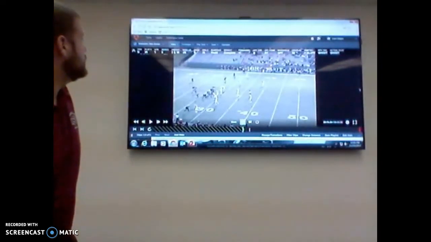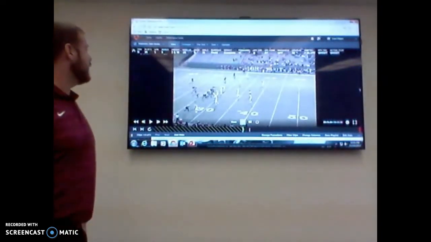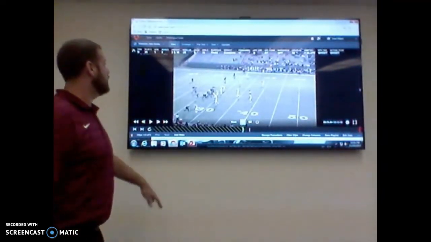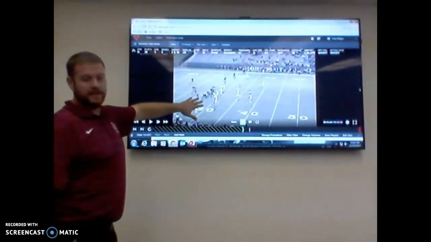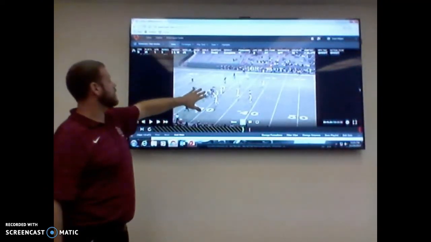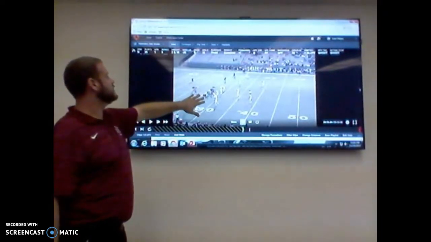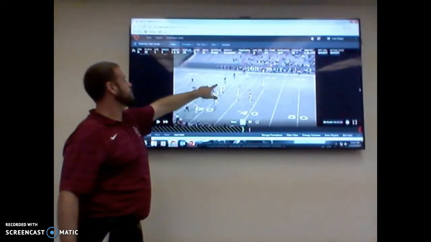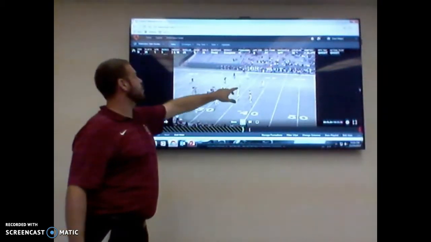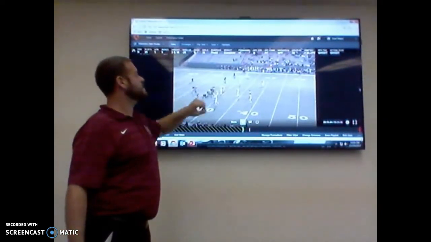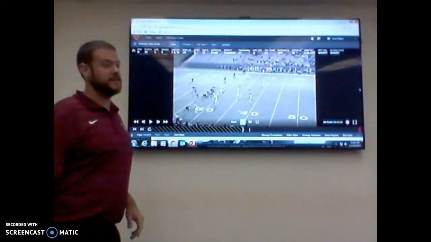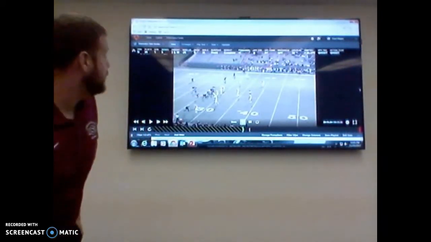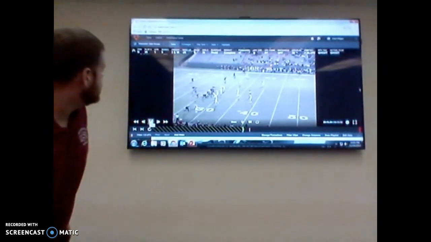What we have here is what we call ghost. Since we're going to have our run call down to the right, our offensive linemen and our running back are going to be running inside zone to the right. Our tight end is actually going to bluff around and become a personal protector for the quarterback, and then the quarterback is going to sit here and read this defensive end, and he's going to figure out exactly what he's going to do. Again, that defensive end can't be right. So as we watch this play,